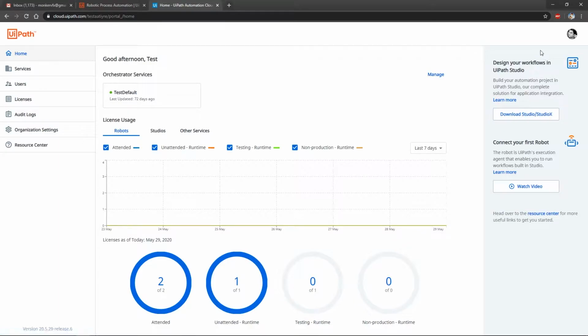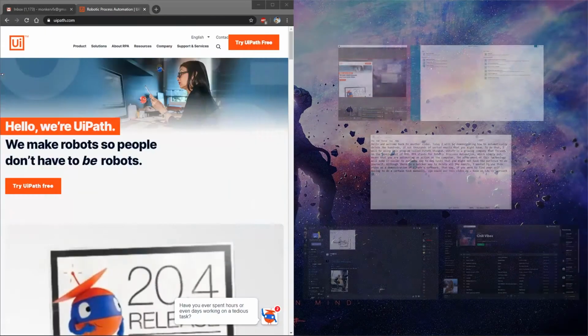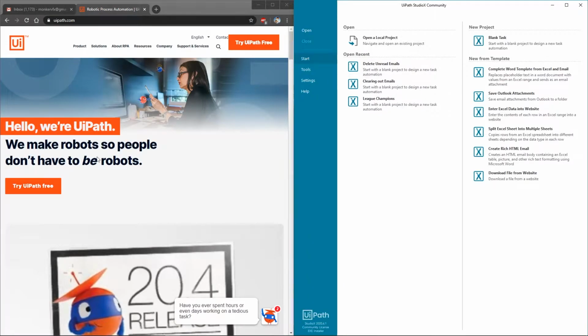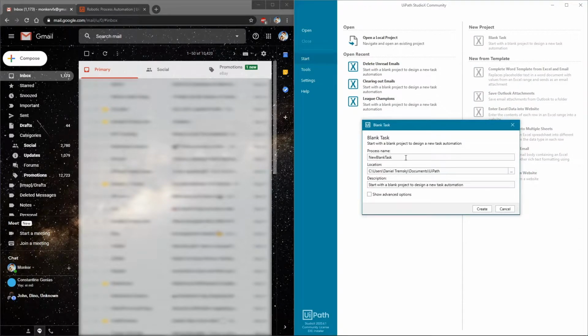Now, once you have downloaded the software and you're all ready to start, let me just open it up right here. We're going to split the screen between your email page and the UiPath Studio X software. Now, this is what it looks like. It looks pretty simple. We're gonna hit the blank task because we'll be starting a blank task, and we're gonna name it deleting